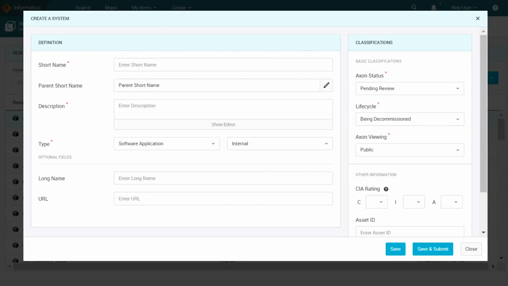While creating a system from the Manage Catalog Links page, previously we did not have the save and submit option. So starting from 7.2, we can also click on save and submit, create the system in Axon, and trigger the default workflow for creating a system, which we have configured in the admin panel. I have filled out all the required details and I'm clicking on save and submit.